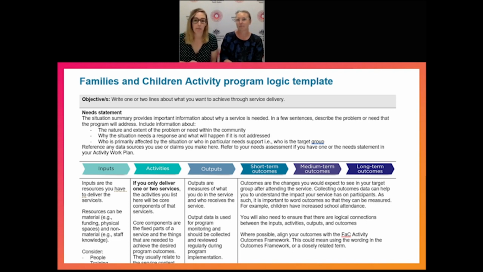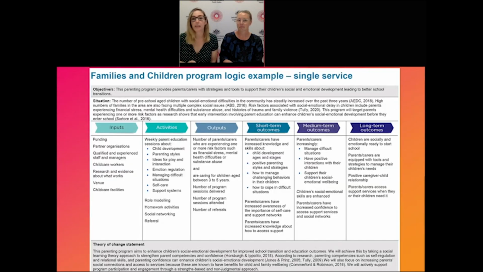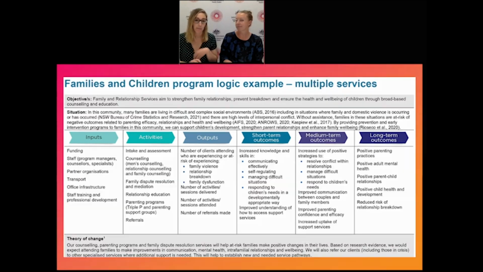So the documents I'm referring to include a blank template that you can download and write directly into. We also have a template that's filled with guidance on how to complete each of the sections. And we've got two program logic examples. So we have a single service example, which is based on a parenting program. This will be most relevant to organisations that are funded by DSS to deliver just one service, possibly two, but usually just one. The other example that we have is one for multiple services,